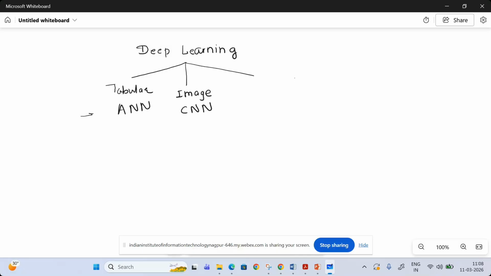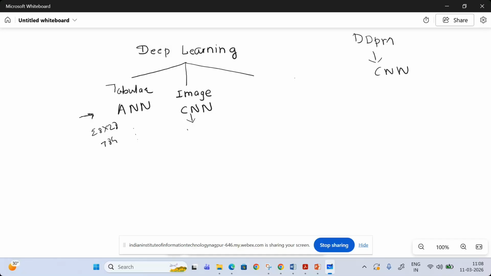If I have image data and give it to the ANN architecture, it requires too many parameter calculations. For images of 28 by 28 size, that is a total of 784 inputs and then neurons. So too many parameters and multiple calculations are involved. That's why people have come up with the CNN. This is just a recap of CNN, because of whatever we will be learning in DDPM. Today's session is based on DDPM, the denoising diffusion probabilistic model. Here CNN is for this purpose we are making use of the CNN architecture.